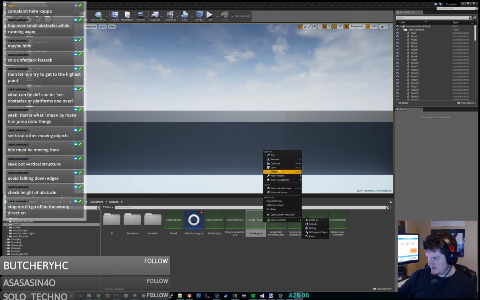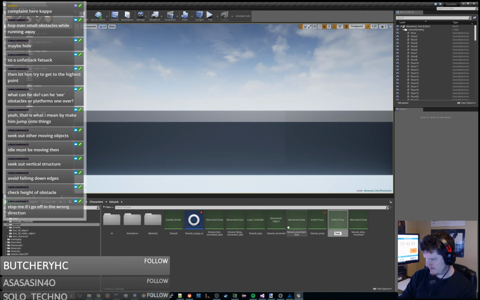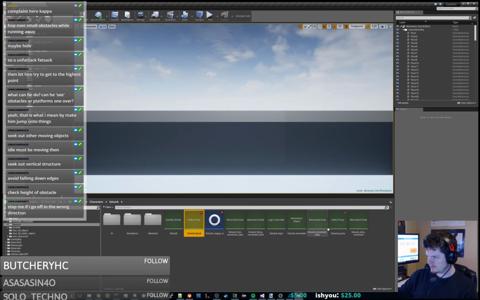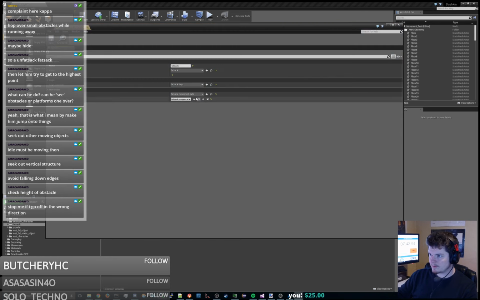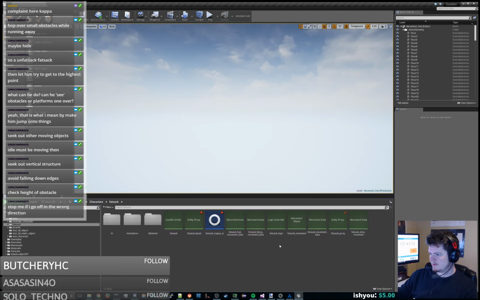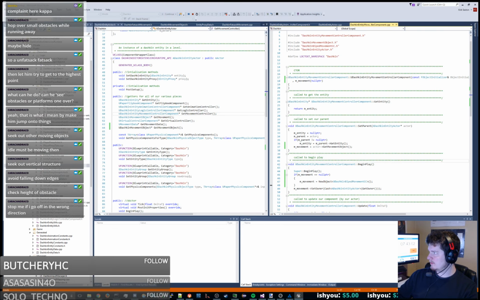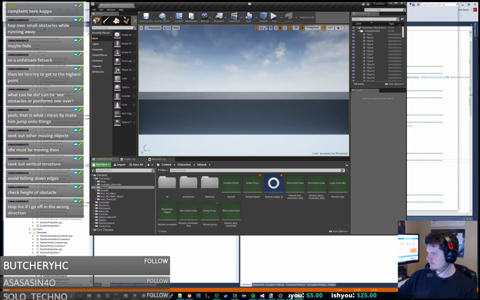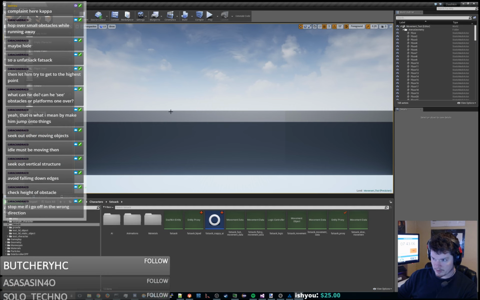I need to copy this entity proxy, and this should be fatsack biped. That's what I'm talking about, this source control stuff that just freaks out all over the place. And we're just going to call this the biped movement CC for that one. And that should make it so when we spawn in as our player proxy, which,